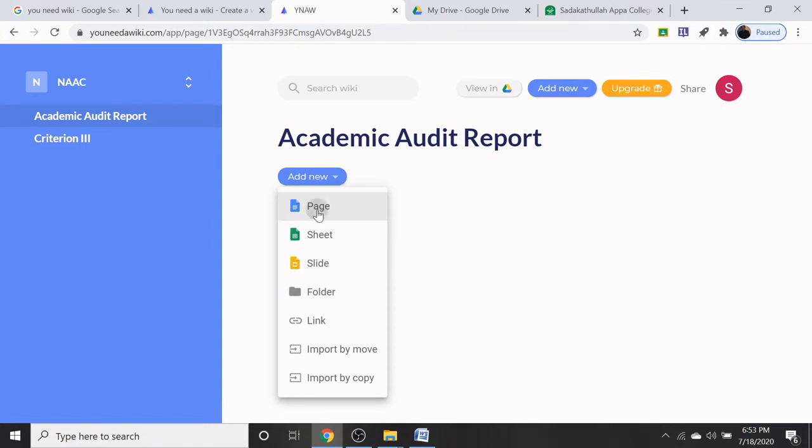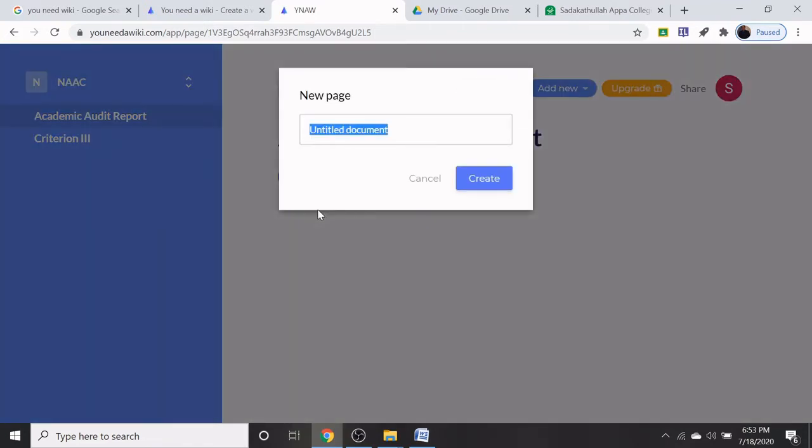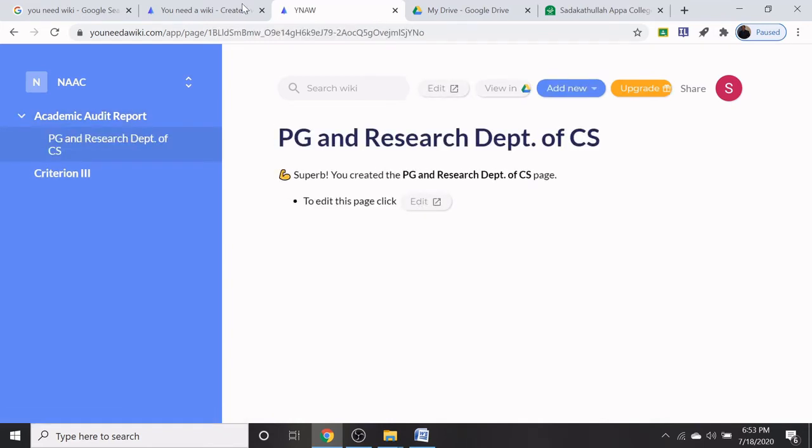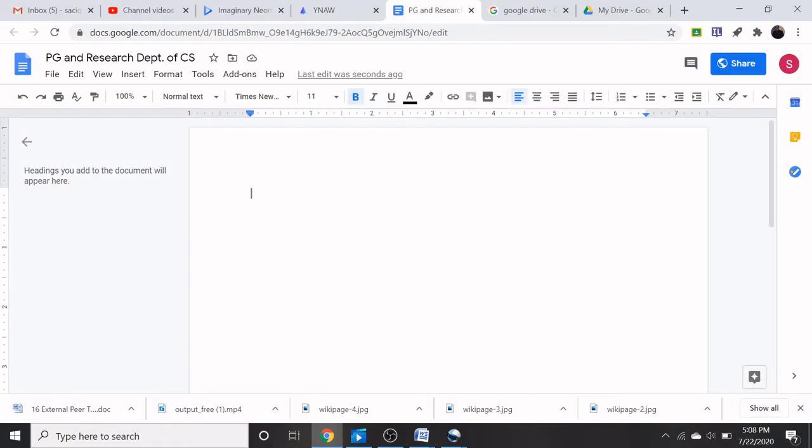then click on page. So in this new page, I am typing PG and Research Department of Computer Science. Now I am going to create the page. If you click on this page, a document file will appear in a new tab.